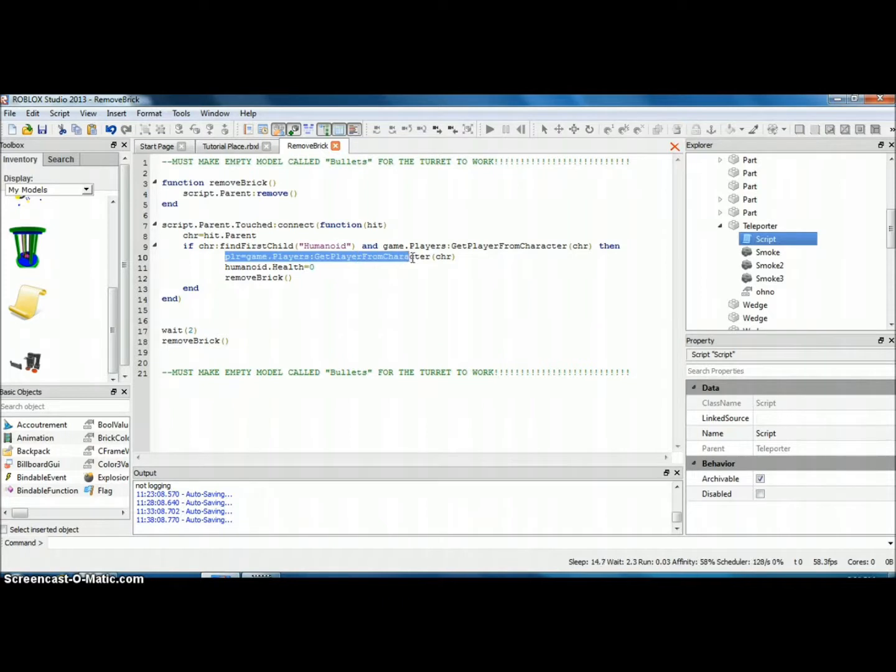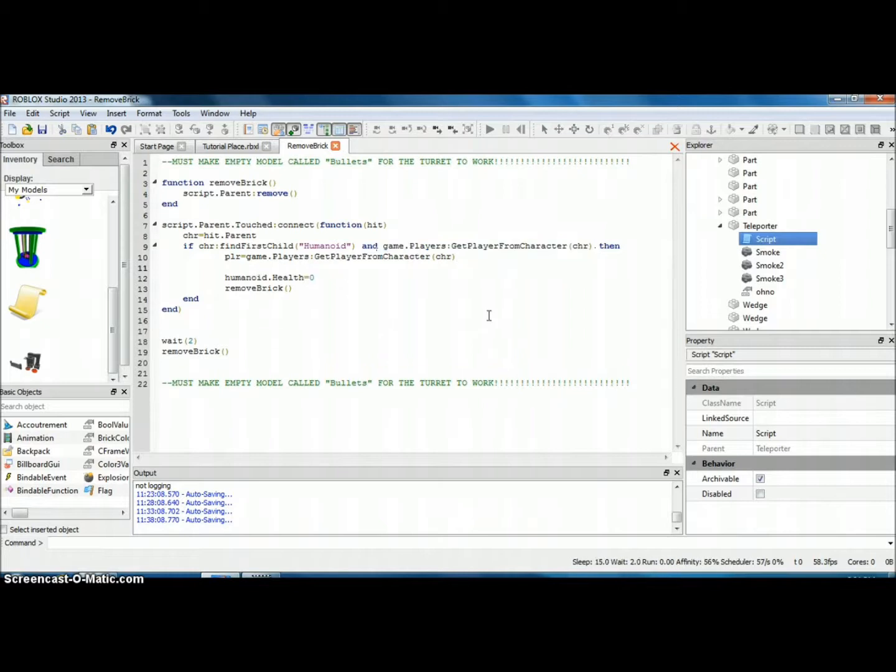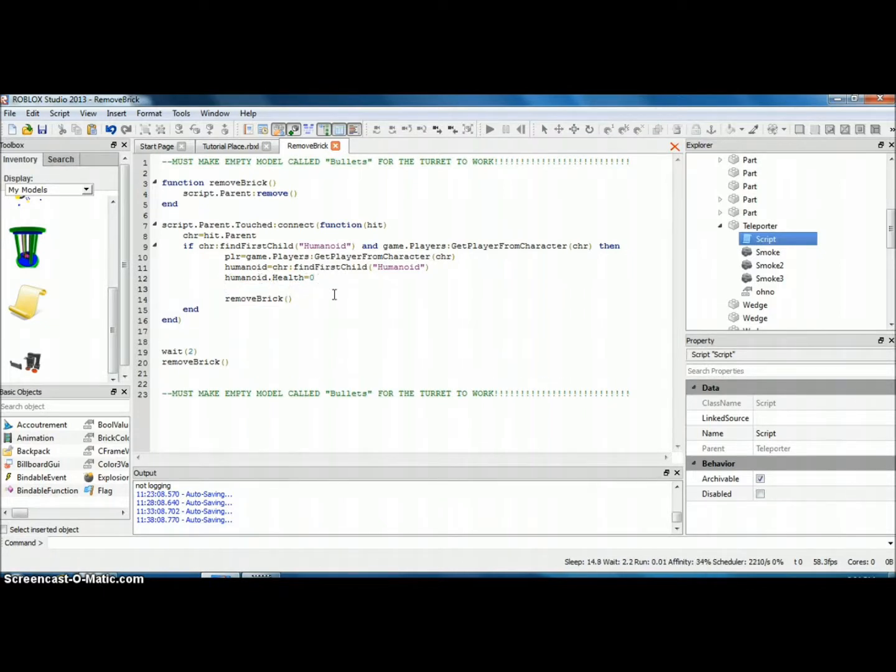So then what we got here is player equals game.Players:GetPlayerFromCharacter. So pretty much this line, but we're giving it a variable now, and then we can do the same with the first part and say humanoid equals character:FindFirstChild Humanoid. And there, so now we can say the humanoid's health equals 0, and we can also add in